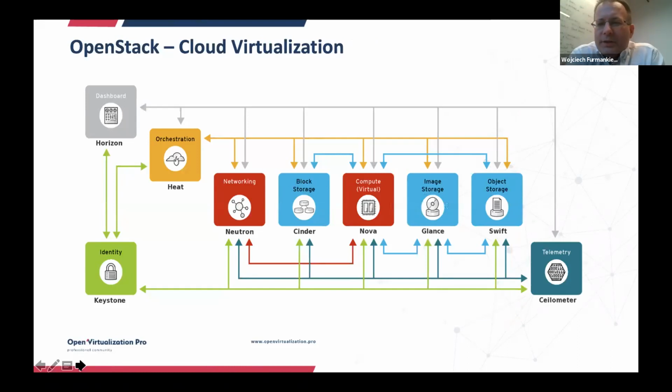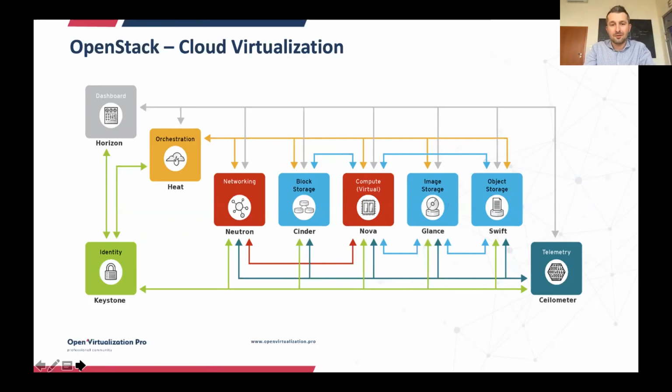Yeah, the next one I call cloud virtualization, but actually it's OpenStack. It's much more than just virtualization. It's a framework to build cloud native, flexible workload for your data center. If you look at the components here, OpenStack is very modular, right? Different modules are actually different projects responsible for different functionalities of your cloud. Someone called OpenStack a cloud operating system.